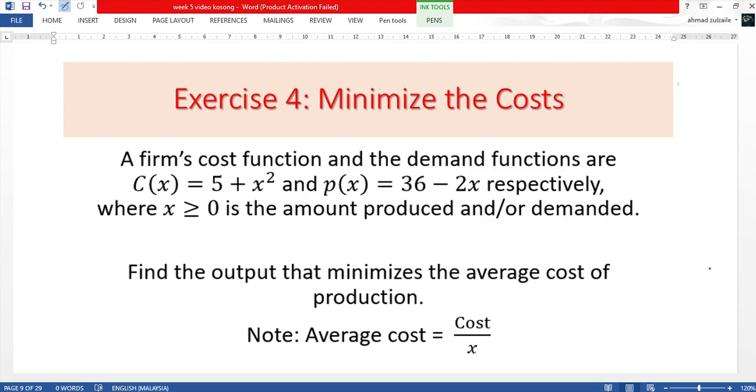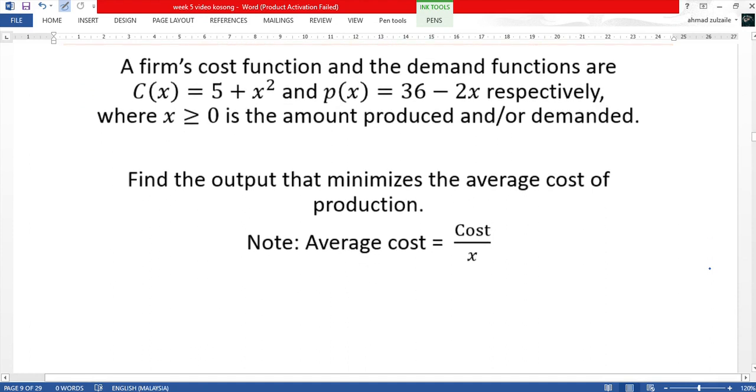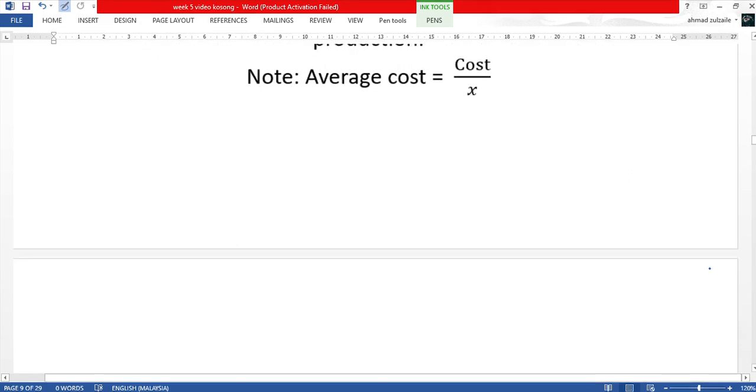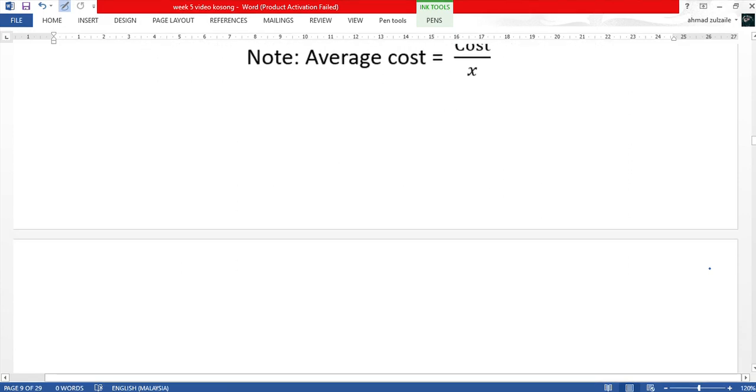A firm's cost function and the demand function are Cx and Px respectively, where x greater than or equal to 0 is the amount produced and or demanded. Find the output, output means x, that minimizes the average cost of the production. Note, they bagi kita hint, average cost over here equal to cost divided by x. Okay. Alright, so